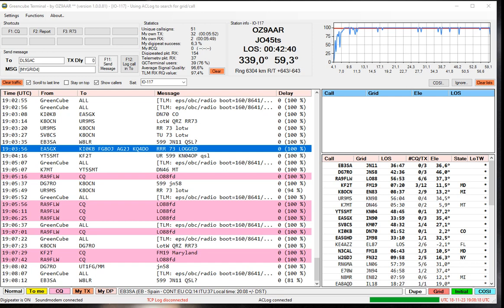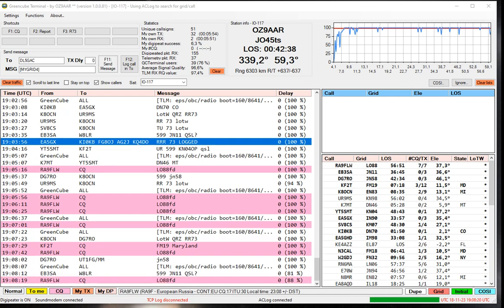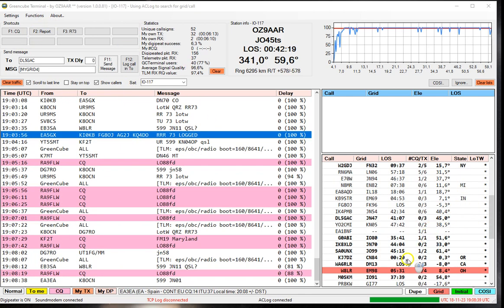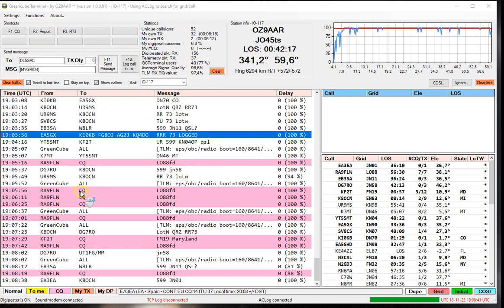Yeah, that is some hints of how to operate on the Greencube. Until we see if Robert is lucky to get through at some point, there's probably a lot of traffic right now, but we just let it roll and see if maybe he comes back at some point. I know that my call sign is in his calling me list,